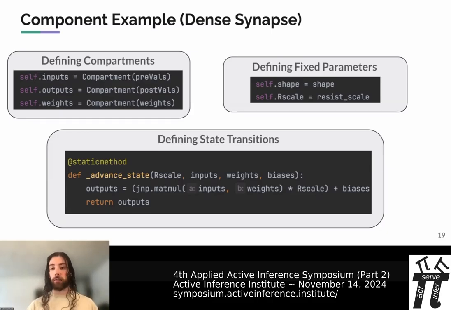Now, there's one other aspect of these that's not actually shown in this example, and that is parameters at runtime. So for instance, let's just say that we wanted to add the current time to our output. I don't know why we would want to be doing that, but let's say we wanted to. So if inside advanced state, inside the parameter list, we had another value, say time or t, and t doesn't exist on the component that this transition is being applied to. What we'll see with this, and we'll see this a little bit later